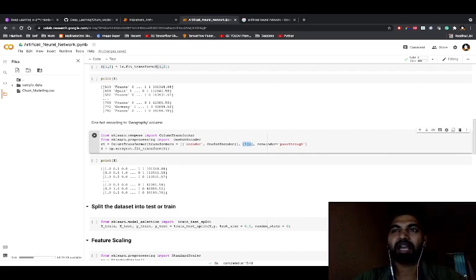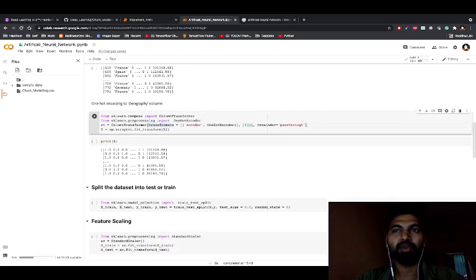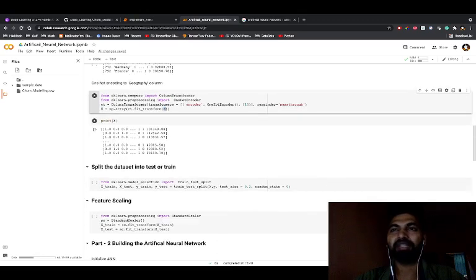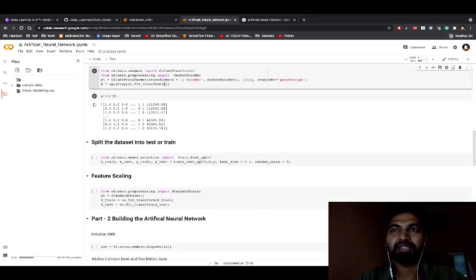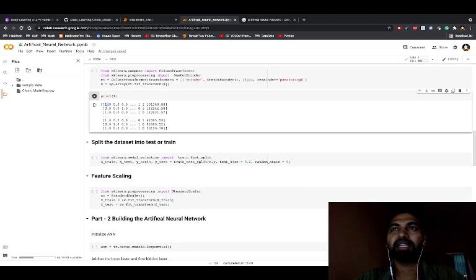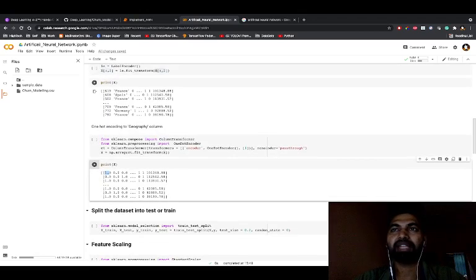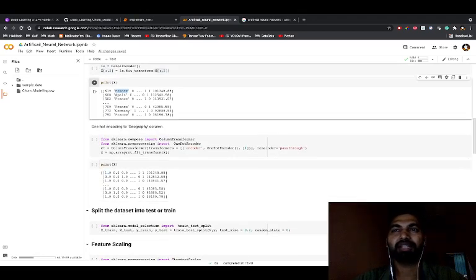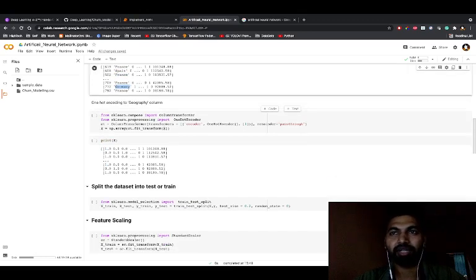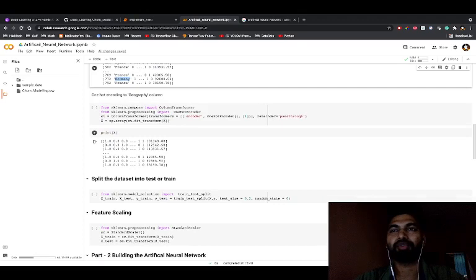And after that I'm doing a fit_transform on these X features, right? The variable X, and again I'm assigning it back to the X variable. So after that, if you print this one, you will see the first variable, in the data set, the first was France, then Spain, then Germany, something like that, right? So you will see France, so it is 1.0.